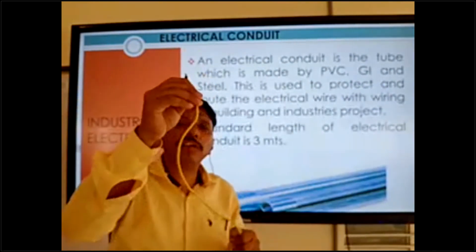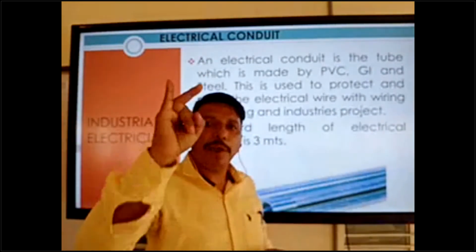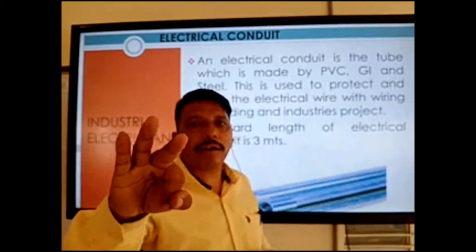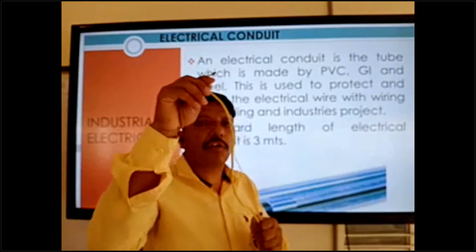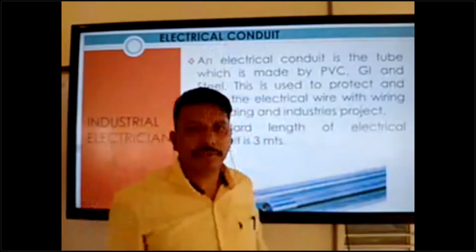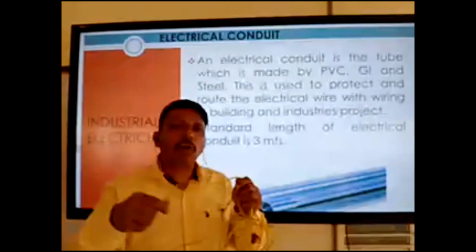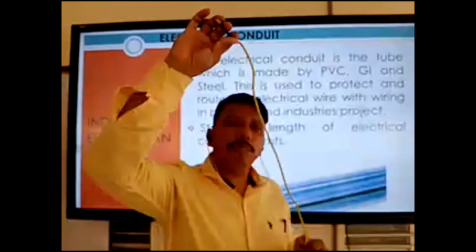And this type of wire especially comes in lighting wiring, fan wiring, water heater wiring, and AC wiring. All types of wiring are mostly flexible single core wire. Okay, so this also comes in color code: red, yellow, and blue.